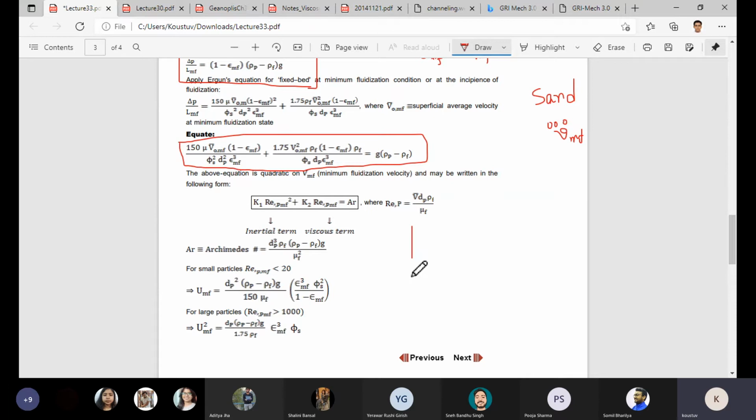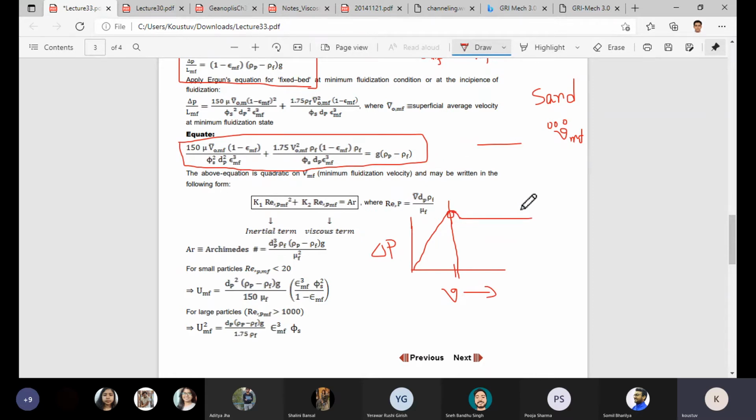So qualitatively, let's say this is the velocity and this is the delta P. As long as the fluidization didn't happen, there is a continuous rise in delta P with the velocity. The moment fluidization is achieved, you equate them with the balanced conditions, and after that you will see that there is some drop,